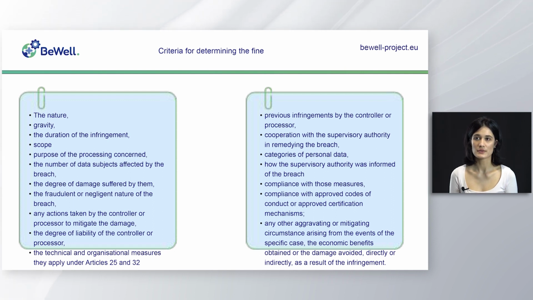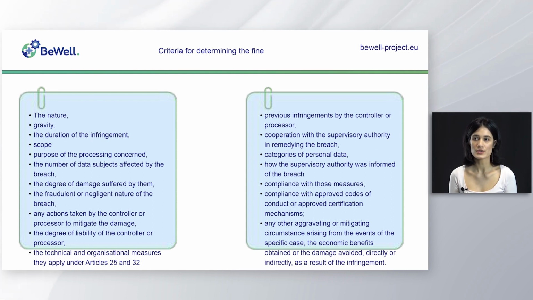The criteria for determining the fine listed in the regulation are the nature, gravity, the duration of the infringement, scope, purpose of the processing concerned, the number of data subjects affected by the breach, the degree of damage suffered by them, the fraudulent or negligent nature of the breach, any actions taken by the controller or processor to mitigate the damage, the degree of liability of the controller or processor, and the technical and organizational measures they apply under Articles 25 and 34. Previous infringements by the controller or processor,